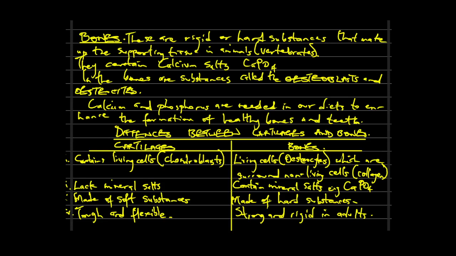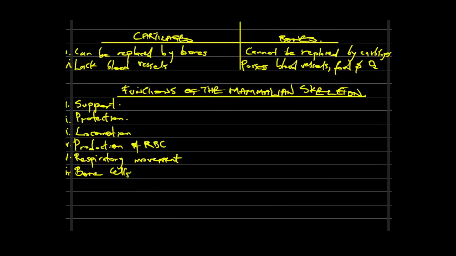After we finished talking about the cartilages and the bone, that was when we talked about the functions of the mammalian skeleton. So we're going to be calling it a day here. In one of the subsequent classes, we'll be talking about skeleton in animals, and then subsequently the supporting tissues in plants.